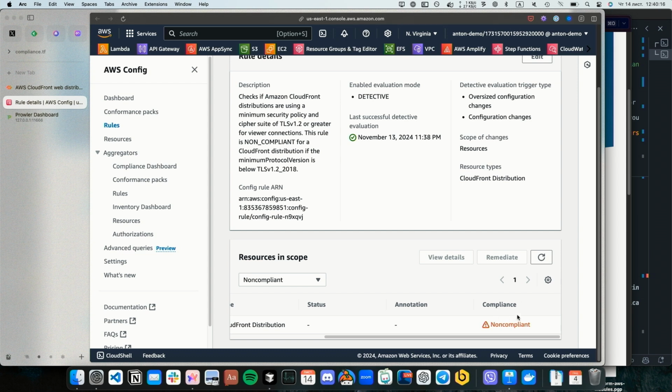So I was able to create this resource yesterday evening, and it was non-compliant. Now I have applied this code, and if I go to this resource now, it says that it's compliant, which means that the Terraform apply I just executed was successful. The cool part in AWS Config is that it's very quick in response. Not instant, but it's like 1 minute, maybe 4 minutes for different things. And I think it's a very good